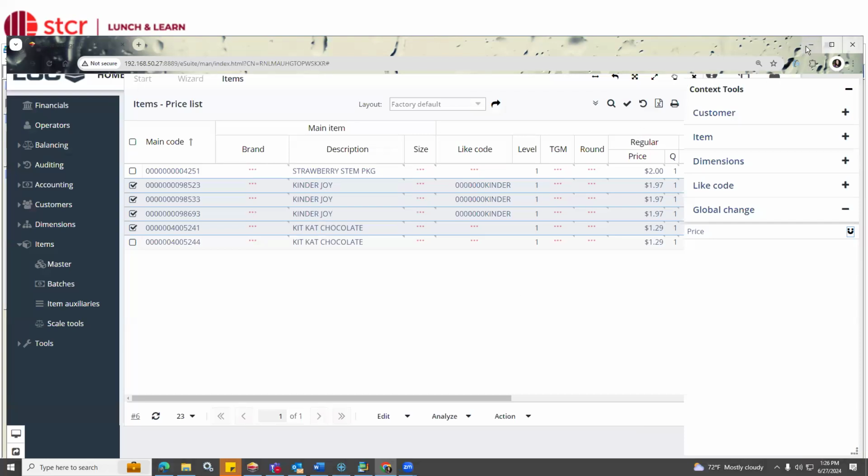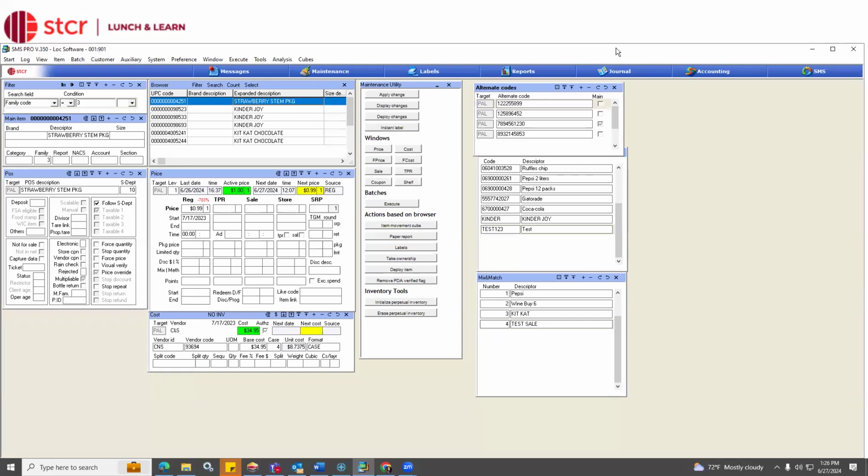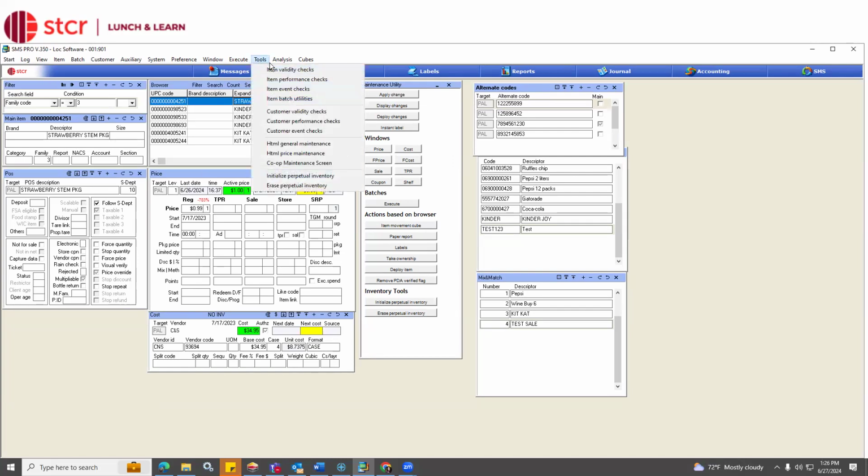So the last thing that I wanted to go over was the tool that I had brought up in the beginning, which was the tool to help you maintain the integrity of your database. So I'm going to switch back to Pro. I'm trying to do a couple at a time in each one, so that way I'm not switching back and forth too much. But coming up here, this is actually going to be under our tools,